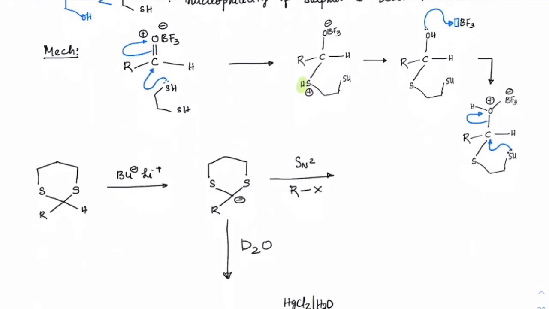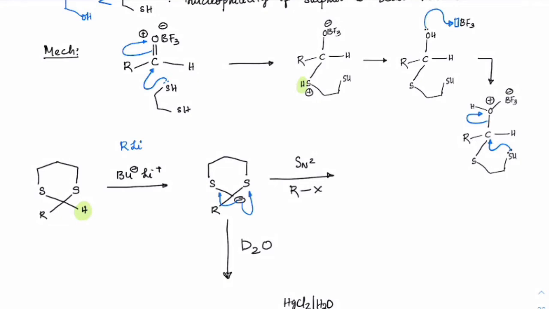Okay. Now once you get this cyclic thioacetal, you must have seen this reaction during the preparation of alkanes, a similar reaction. We can get various products from this. Suppose you first react with RLi, Gilman's reagent. So we will have R minus taking away this proton and it becomes minus, and this minus is resonance stabilized with the empty d orbital of sulfur. So that's why this proton is acidic.